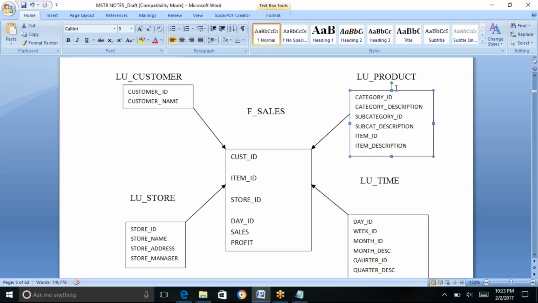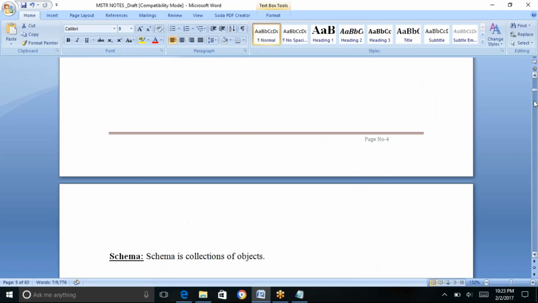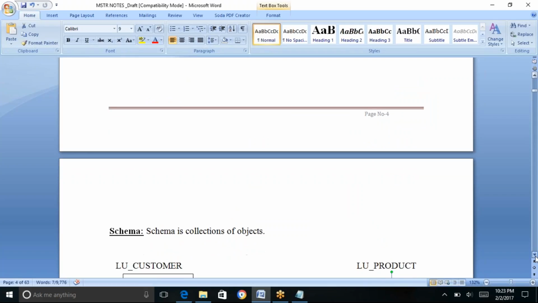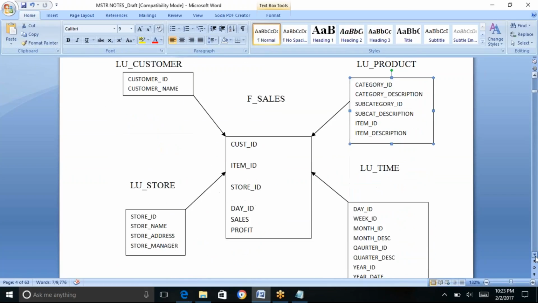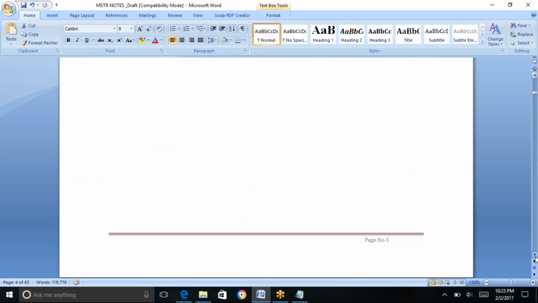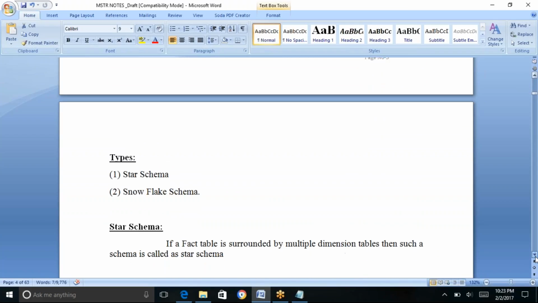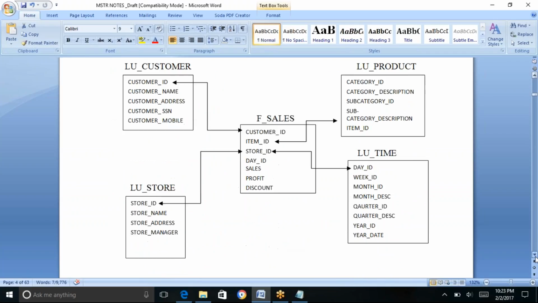Breaking the table. Instead of one big table, you need to break that into category as a separate table, subcategory as a separate table, item as a separate table, and then you need to have a relationship between them. So create separate category, subcategory, and item tables. I've just done that, so I'll show you. This is for a star schema, I've just provided a rough thing till now. Now on similar lines, if you look at this specific thing,